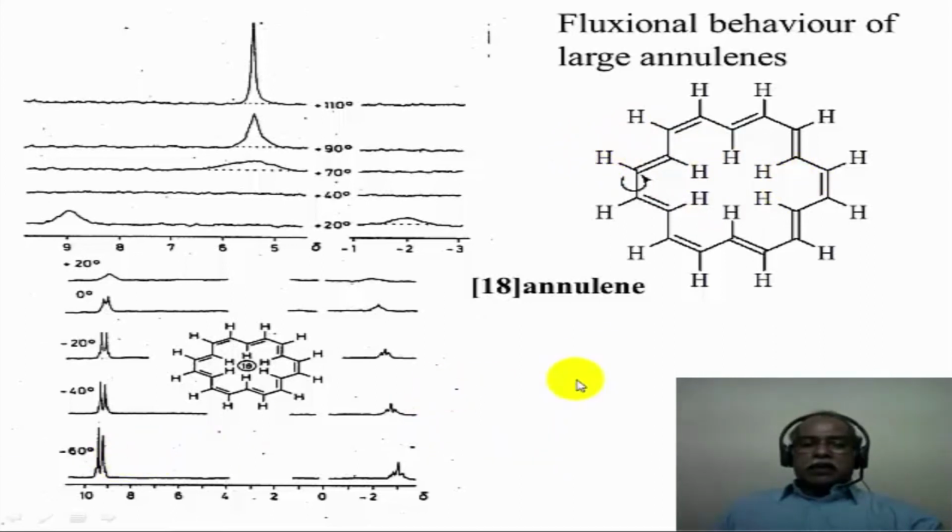Now, at a very low temperature, when the molecular conformation is frozen in this particular fashion, the inside hydrogens can be very clearly seen at minus 3 delta ppm, which is this signal here, as a multiplet. And the outside hydrogens, which are the 12 hydrogens, can also be seen around 9.5 ppm delta. So this is a highly de-shielded aromatic hydrogen. This is a highly shielded hydrogen which is also aromatic, but it is in the core of the aromatic unit in this particular case. Now there are 12 hydrogens in this particular multiplet and 6 hydrogens in this particular multiplet.